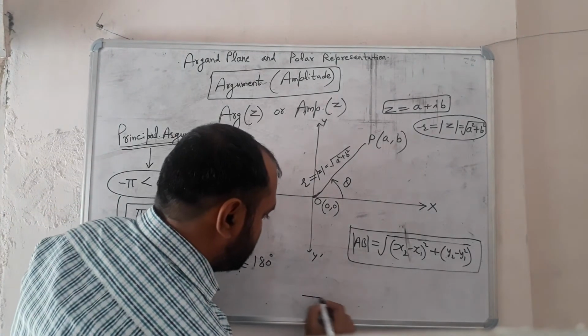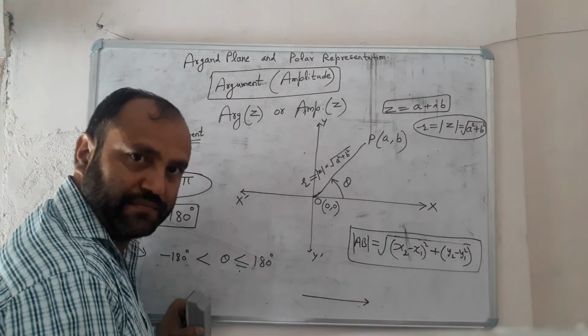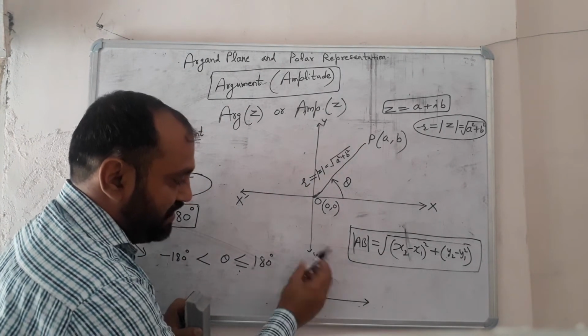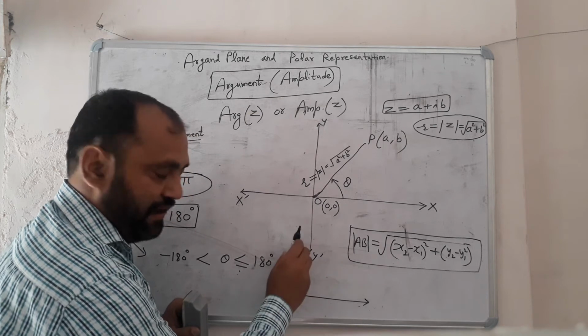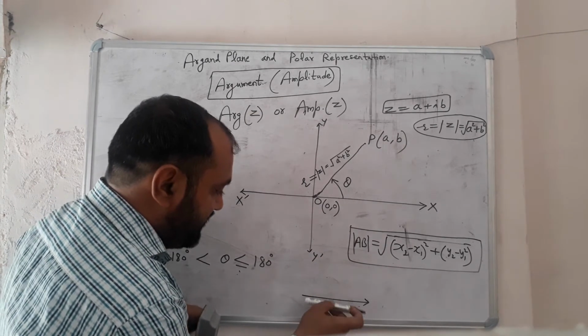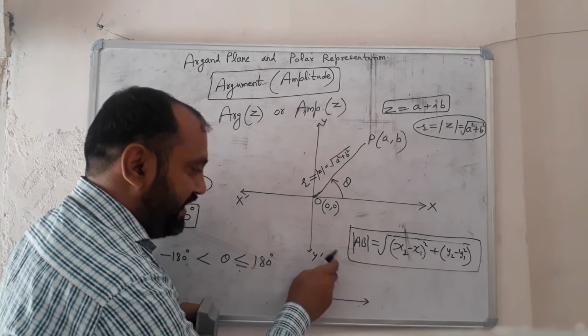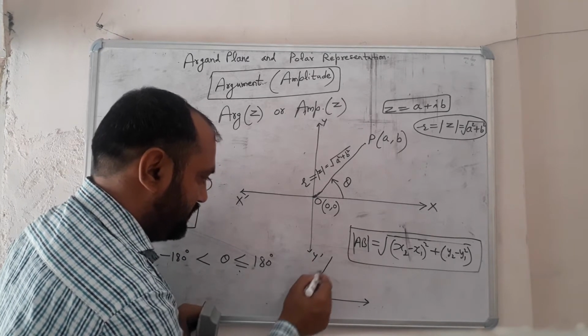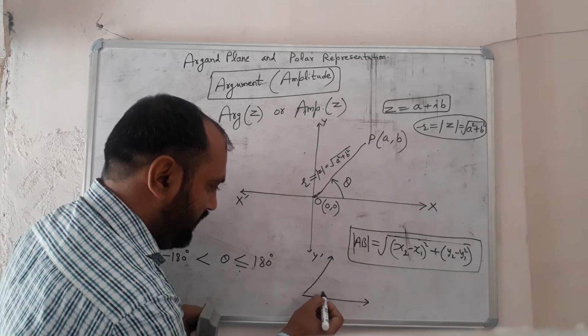Like this is a ray, the initial ray. When you rotate this ray anti-clockwise, sorry, when you rotate this ray to anti-clockwise like this,